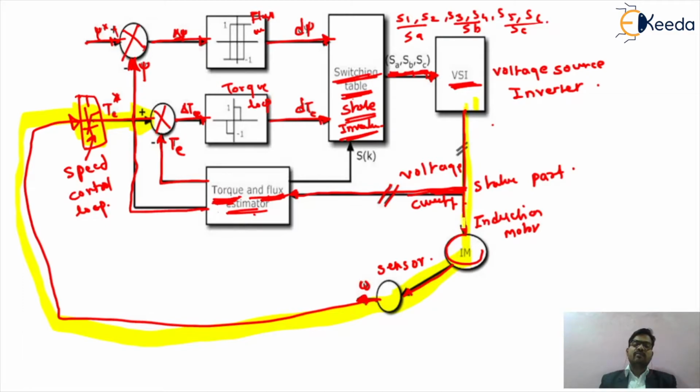So basically from the stator voltage of your induction motor, we are getting the torque and flux values, which will be calculated by the torque and flux estimator. Now we are giving the reference value of your torque to the summing point. So from that particular point, we can generate the value of the torque error. This torque error will be given to your torque loop, and depending upon the torque loop, it will select the state of your inverter by means of the switching table, and according to the inverter state of the switching table, we can generate the three-phase voltage that will be given to your VSI. So depending upon that, we can control the speed of your induction motor by means of the direct torque control scheme.